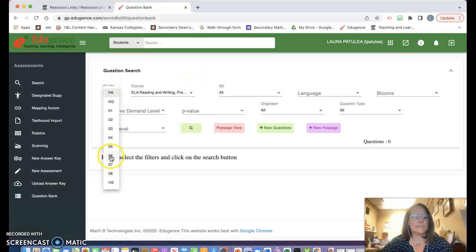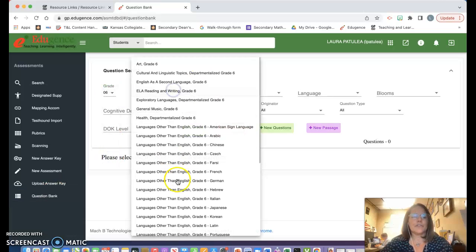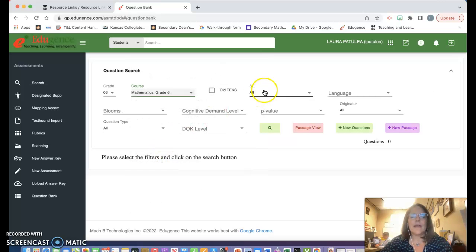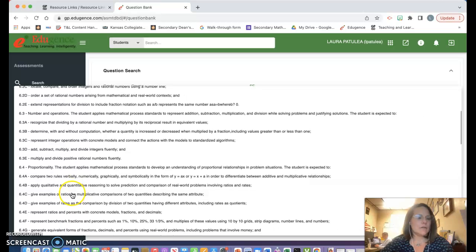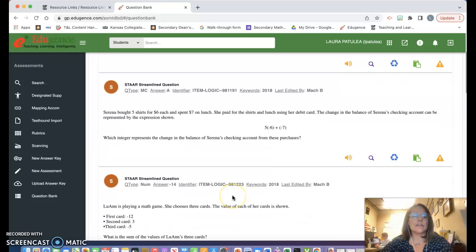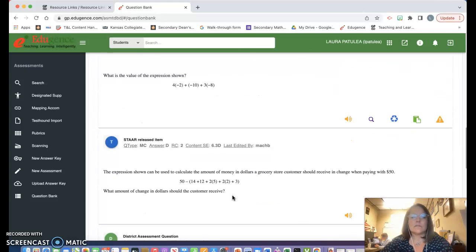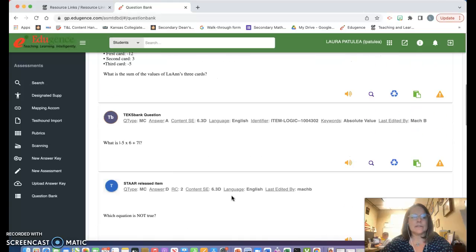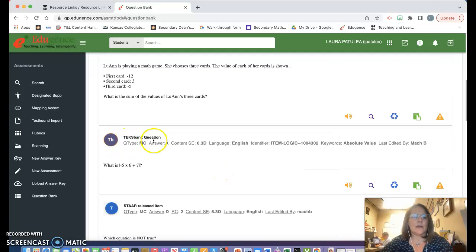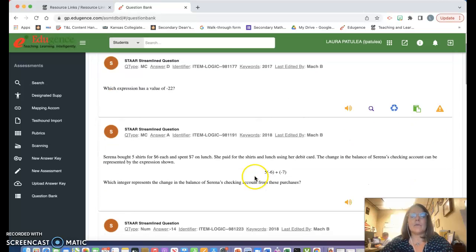Pick your grade, pick your subject, and then pick your SE. I'm going to pick 3D because I know that's coming up in quarter 2 for 6th grade. Then I'm going to hit search. This is going to tell me every question that we have inside of this database. You've got some STAR Streamline questions, then you've got a TINKS Bank question, and what you can do with